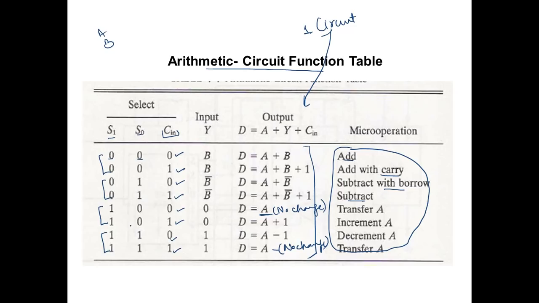So what actually I want to do here is I will provide some sort of input. So that input will be coming like this: B, B, B complement, B complement, 0, 0, and 1, 1. Now, why am I providing this kind of input here? Just because I want a specific result from the output, right? So, what output am I looking for? I want that A should be directly added to B. So in this case, A will be directly added to B.